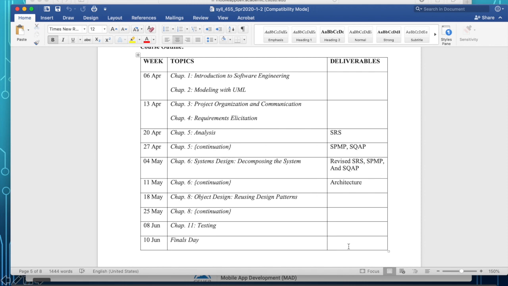Chapter 4 is about requirements elicitation. You should be contacting your clients, asking about additional functionalities or improvements. I believe all of the software projects we're doing this spring are continuations from previous ones. It's a good example of the software lifecycle: software never ends.